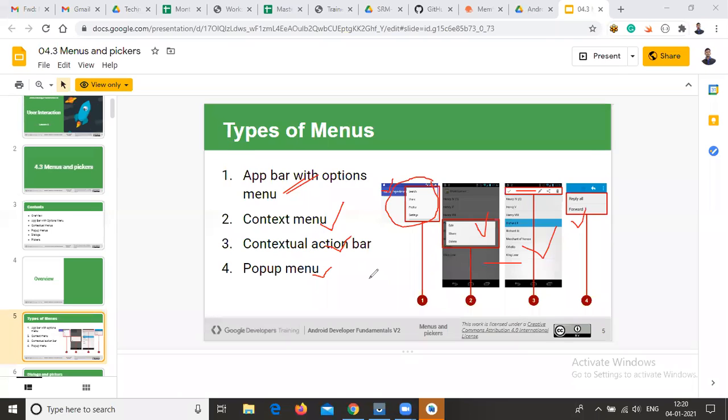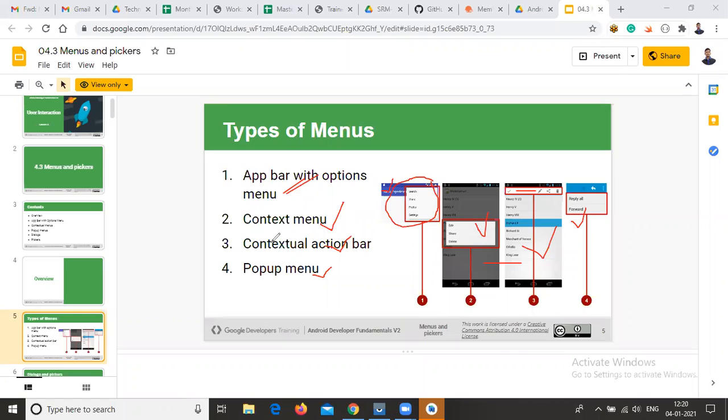The pop-up menu is not used nowadays because, compared to the pop-up menu, the action bar menu and contextual menu are more effective. That's why we are not using the pop-up menu in Android in the regular way.